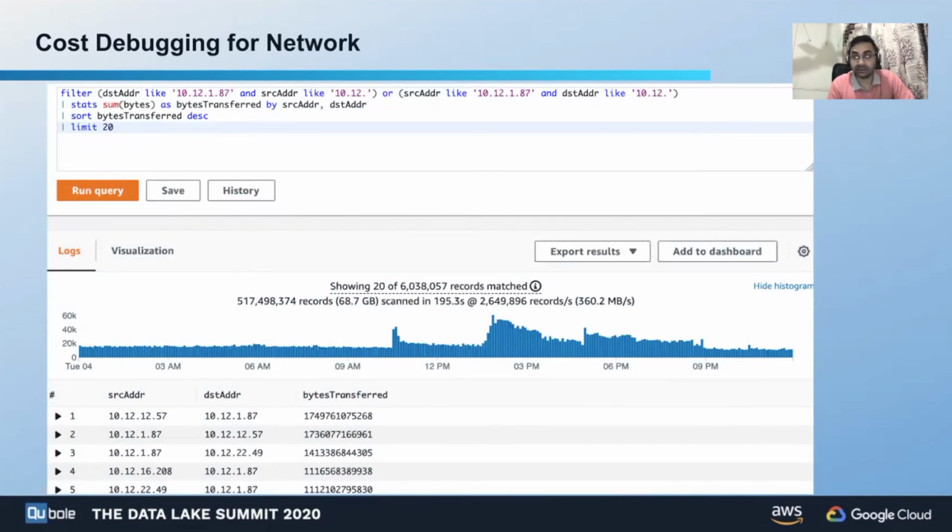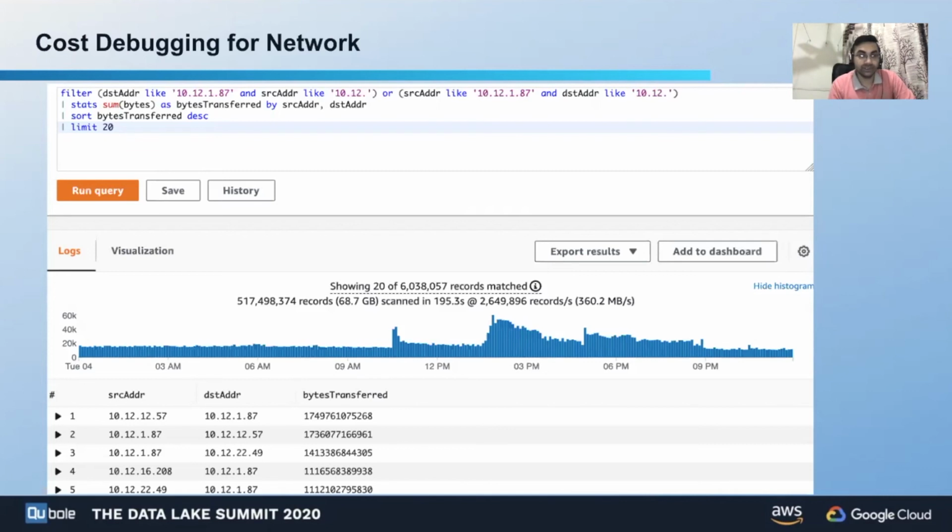From which IP are you receiving more data? From which IP are you sending more data to? And again, what AWS has built is something called an Insight service on top of CloudTrail. And what you're seeing on the screen is exactly that. So you have an ability to write a query language that they have exposed, and then see how much data was transferred on a daily level from which